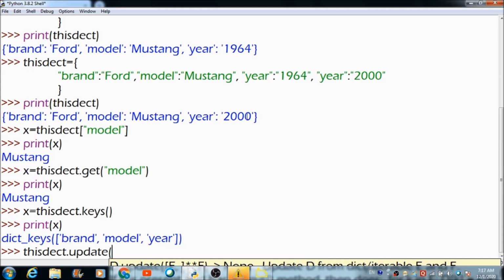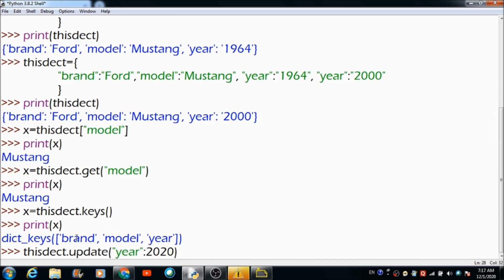Now suppose you want to update the year of this dictionary, you want to update the value of this year. How can you do that? You can pass a value for this. You can update the value of this year like this, and we need to enclose this whole thing in between curly brackets. So this is the format you need to remember, the brackets and what all things we require